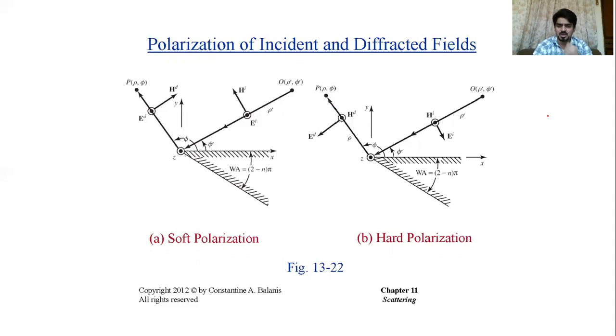So for, let's say, soft polarization, for TM to Z polarization, your E field is directed along the Z axis, right? For the incident waves. Now for the diffracted field also, we assume that it will be in the same direction along the Z axis, okay? And we only change the direction of the diffracted H field. When we assume that the diffracted E field is also going to be along the Z axis, now what has changed? The Ki has changed, right? Previously Ki was coming towards the Z axis. Now for the diffracted field, it is leaving away from the Z axis, right?